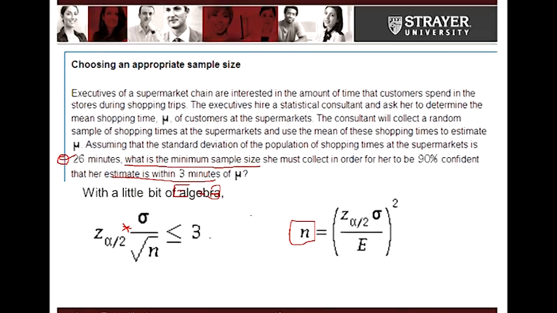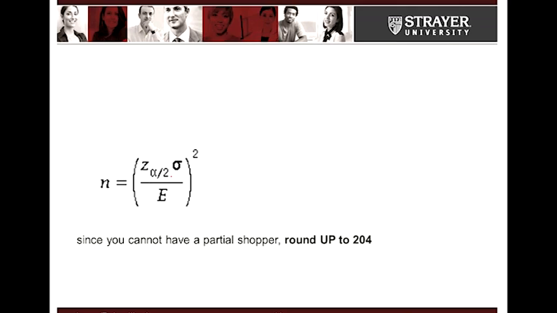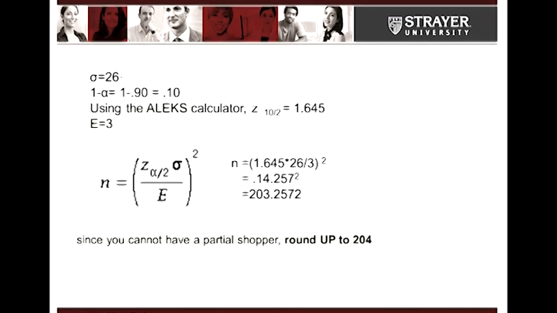So plugging that in, and with a little bit of algebra, this formula becomes n equals critical z times sigma over the margin of error, and then squared. So using that formula, and plugging in the numbers from our problem,